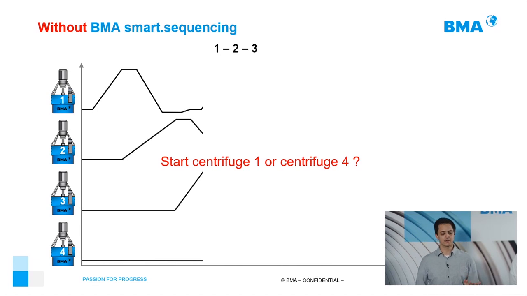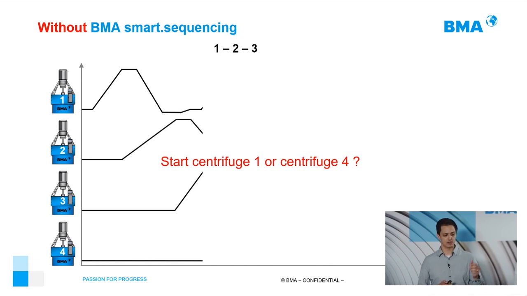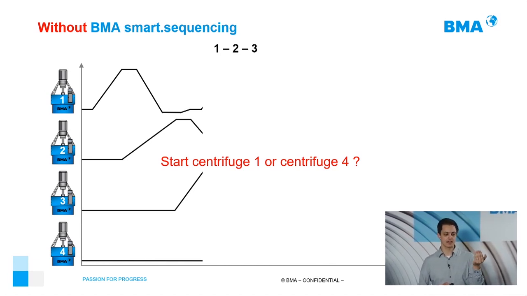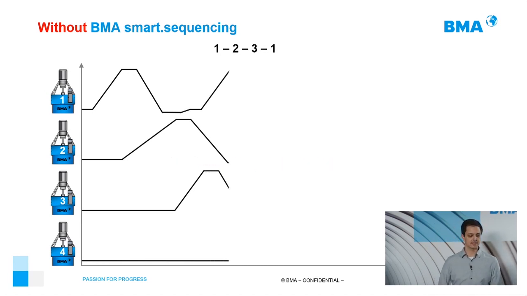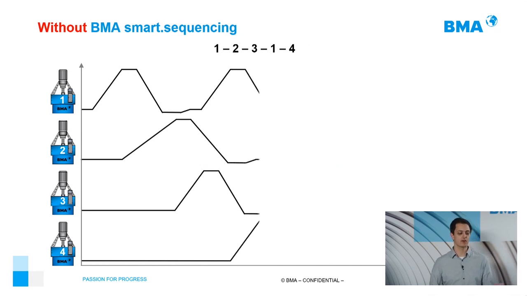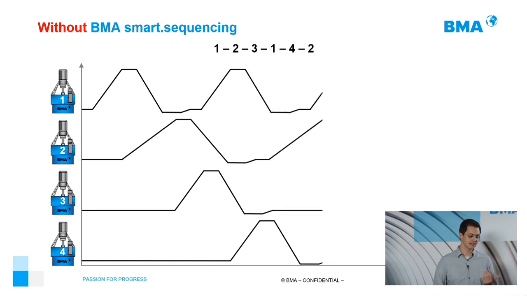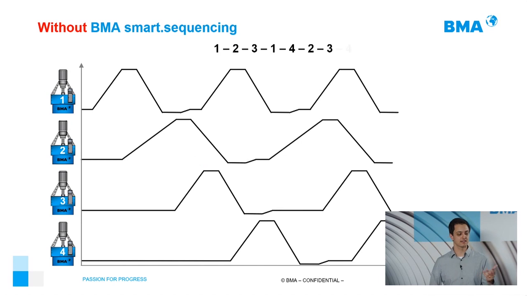And this is one of the big problems of the interlocks. You need to set priorities. So normally here in our example, the first machine has the priority over the second, the second over the third, and the third over the fourth. And here we can see exactly the problem: we want the fourth machine to start, but this is not what happens. At the end, the first machine is starting and the fourth machine is waiting and starting later. And again, you have the third and the second.